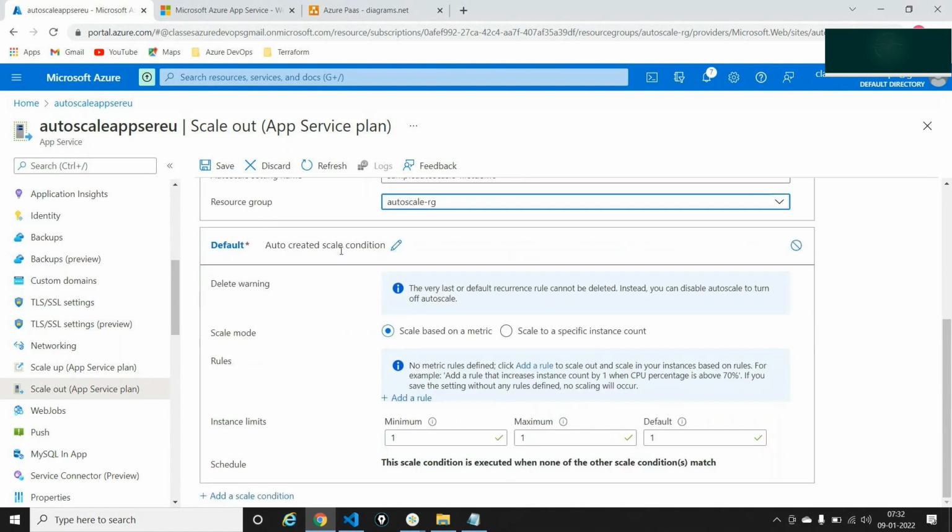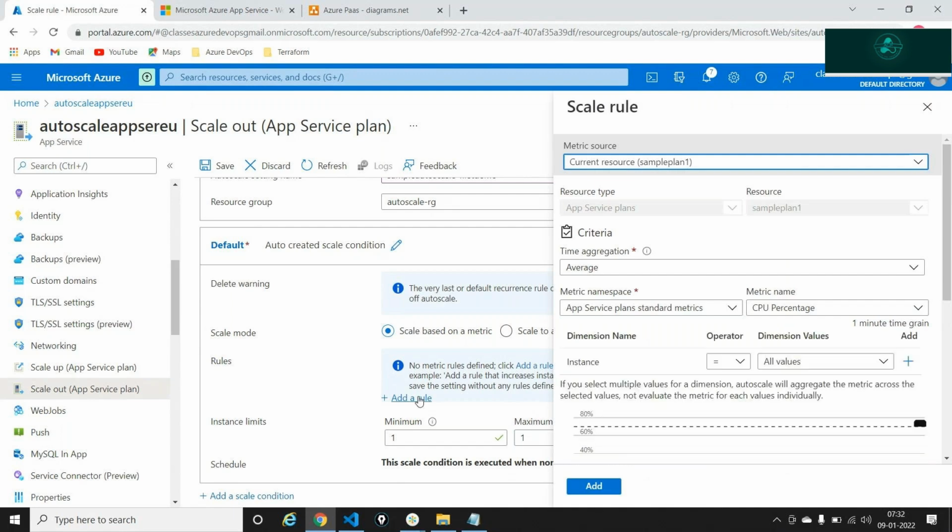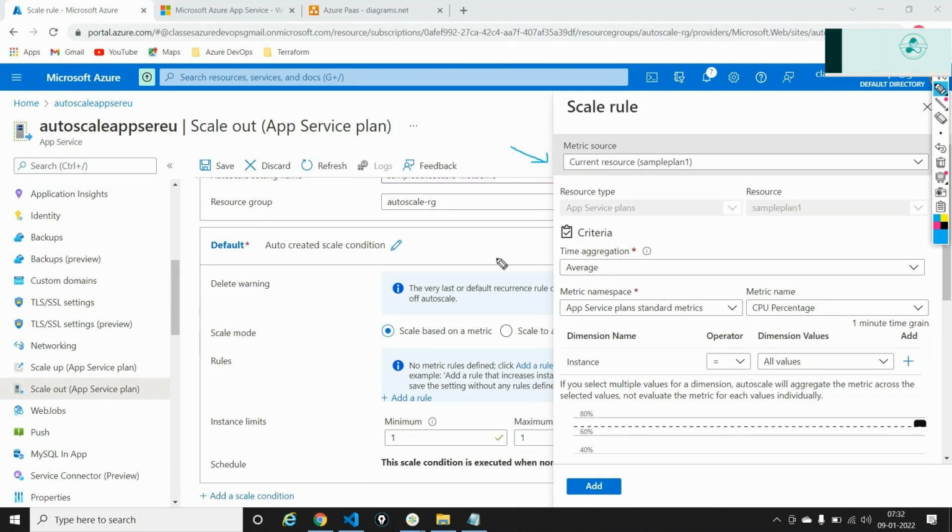Then it's asking what the autoscaling condition is. Like what exactly are you looking for, or what is the exact scenario you have. I'll say I want to scale based on a metric. What do you mean by a metric? Let's come down and say add rules here. So I am saying that please scale my application up if, let's say, the average CPU consumption